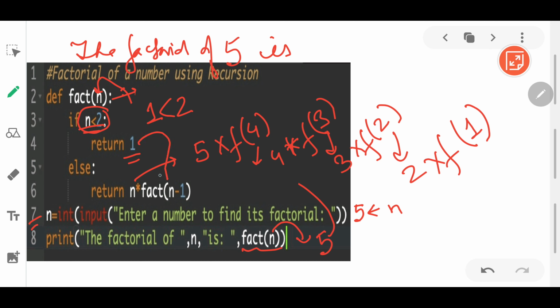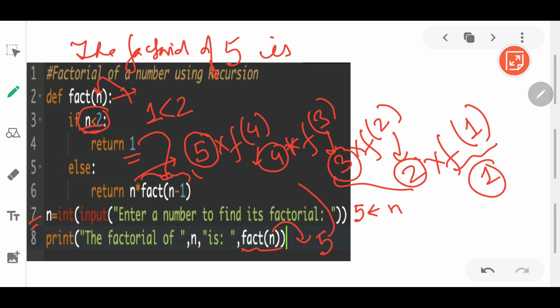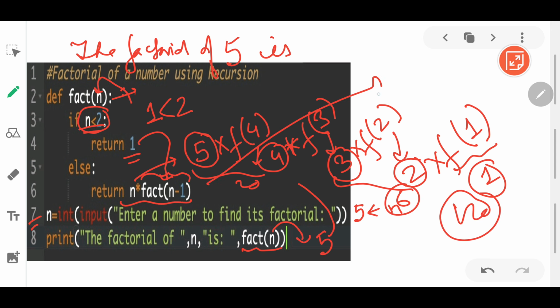1 will be returned to this particular part. So what we'll have, 2 into 1, so we'll get the final value. Now how are the other values carried? 5 into 4 into 3 into 2 into 1, how much is it? 2 into 3 is 6, 6 into 4 is 24... 5 into 4 is 20, 20 into 6 is how much? It is 120. So as we have got the final value as 120, it will be returned to that